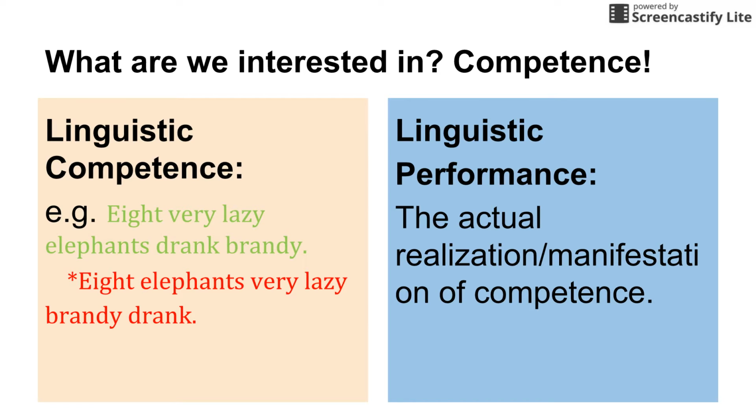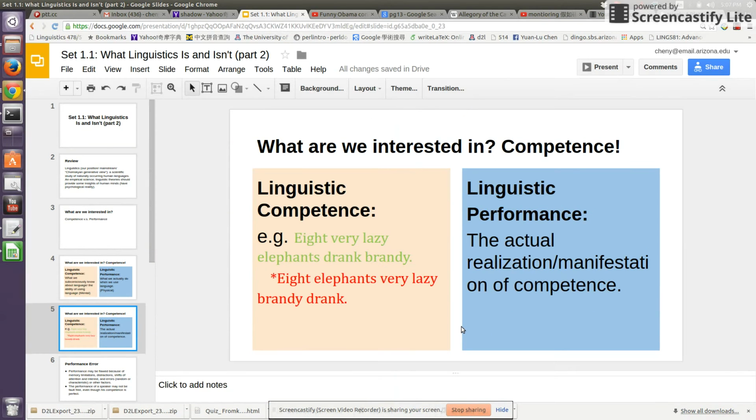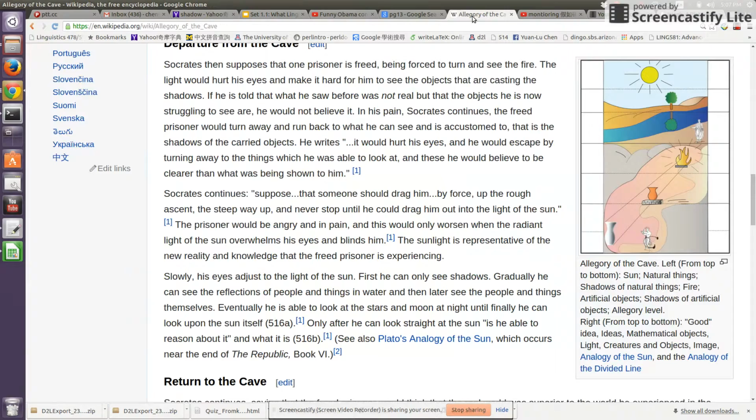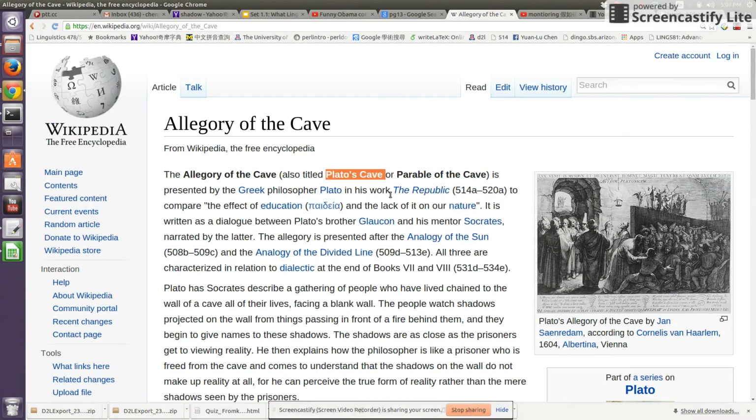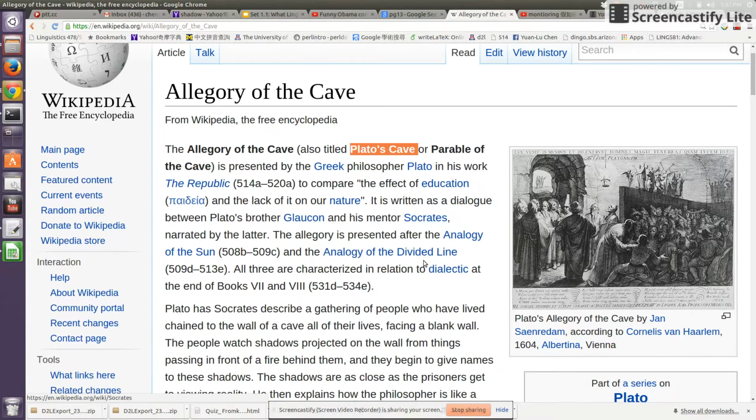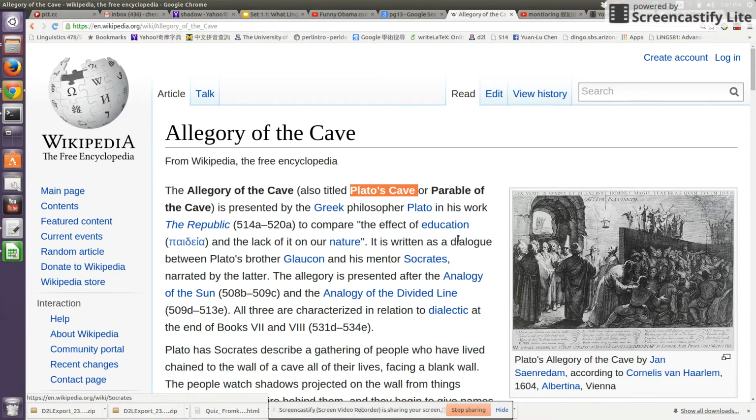Actually, when I talk about competence and performance, this makes me think of Plato's cave. Have you ever heard of this Plato's cave? Okay, I'm going to use Wikipedia to talk about this.